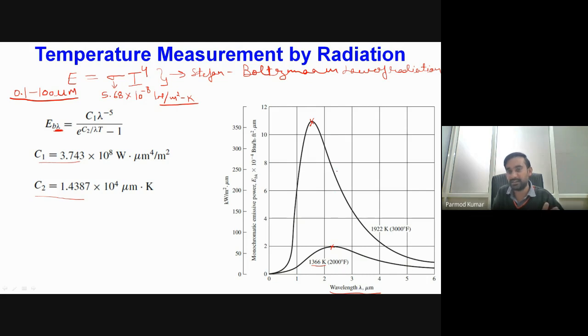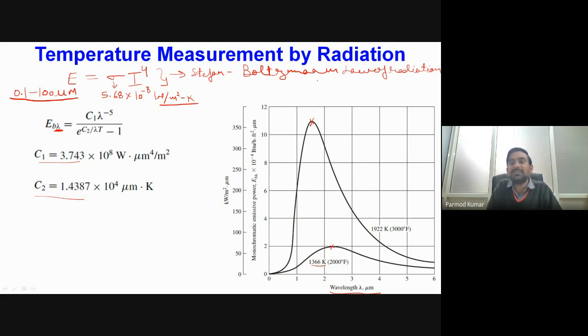If I take the area under the curve, the maximum area is actually narrowed down to a very narrow band of the wavelength. Okay, so that is one thing we can see from this graph. Another important thing we can obtain is that the peak, I should say the maxima of emissive power, is obtained at a higher wavelength at lower temperature, and as the temperature increases, we get that maximum emissive power at lower wavelength values.